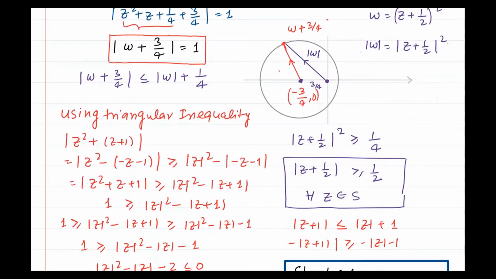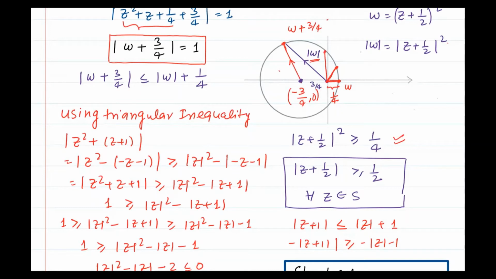we know that if you see this part, this is z plus 1 by 2 whole square must be greater than equal to 1 by 4. How is it greater than equal to 1 by 4? Because we have to get this length, and this is the minimum length. This is origin O, and this is omega. So omega will have this minimum length, and this minimum length will be 1 by 4, right? Because modulus omega means we have to see all complex vectors lying on this circle.